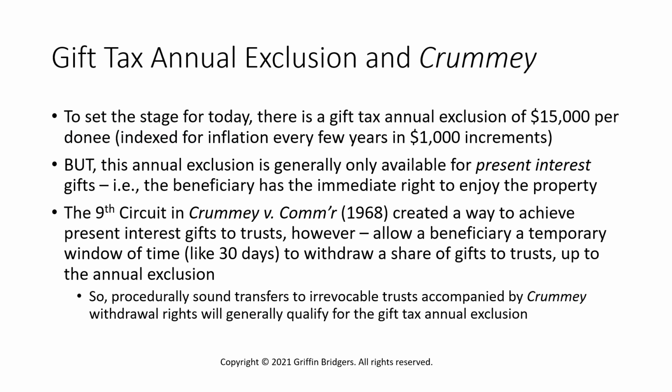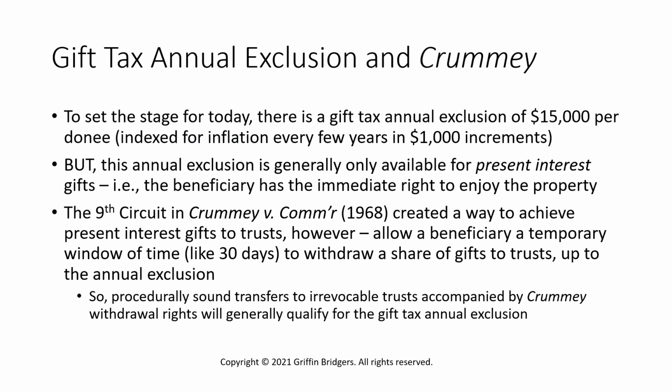Now, most transfers to irrevocable trusts will be transfers of future interests, which do not qualify, unless it's a certain type of trust. But long ago, in 1968, there was a tax court case appealed to the Ninth Circuit, Crummey versus Commissioner,